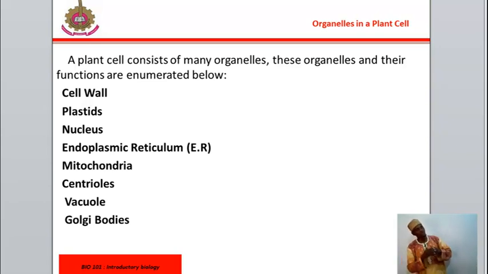When the cell is dividing during mitosis, the cell requires the centriole as the organelle that will radiate and produce the spindle fiber, which will hold the chromosomes in position. Because during cell division, the chromosomes will have to separate, and these are going to be enclosed by the nuclear membrane in the nucleus.